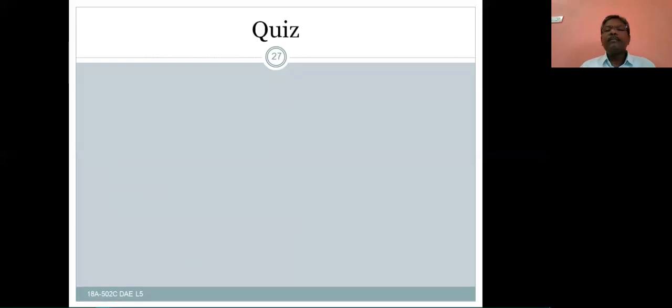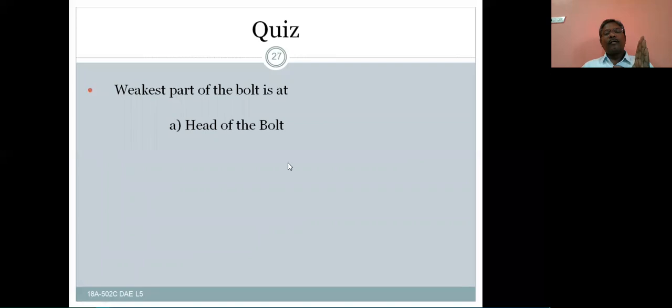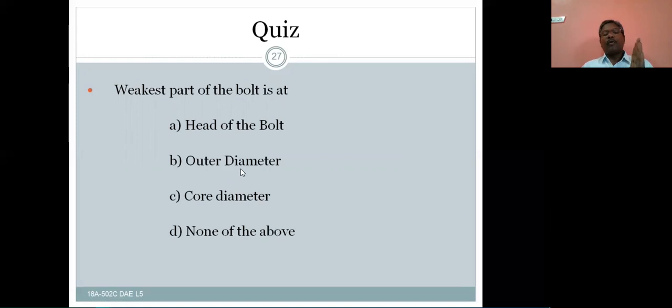Now let us have some simple quiz questions. The weakest part of the bolt is at: as we have discussed already, the weakest part is the threaded portion. Among the options: first option is head of the bolt, outer diameter, that means nominal diameter of the bolt, core diameter of the bolt, none of the above. Which is the right answer? The weakest part, as we have discussed, is the threaded part. Among the threaded part, head is not the